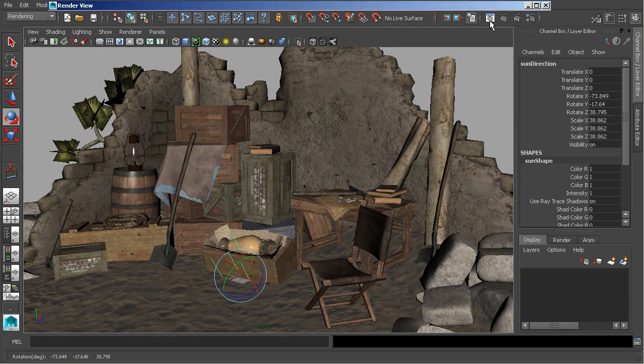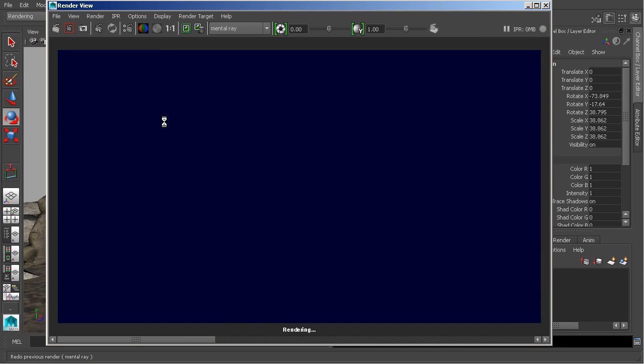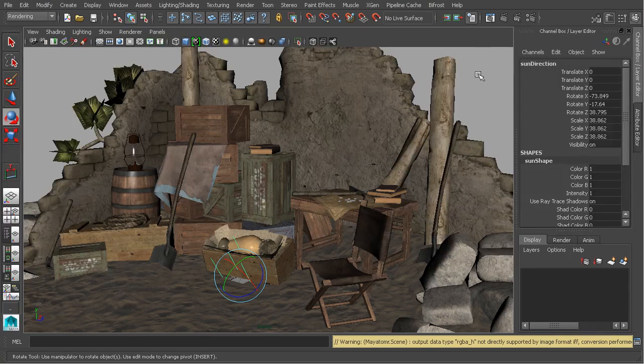If we were to go ahead and do that, let's save this for comparison and re-render. What you'll notice here is that the lighting inside of our scene absolutely responds to the change in sun direction. You can see this shadow under this chair has now shifted and reacted. Now, not only that, but the color that's being used in, for example, the sky, that also reacts to changes